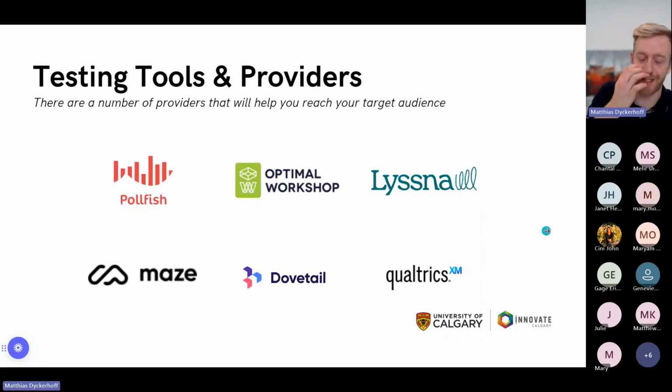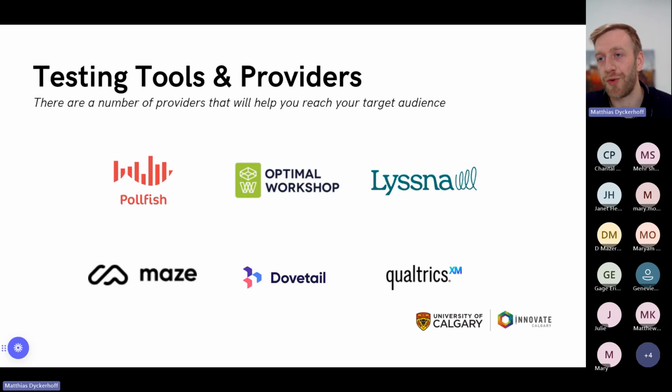For tools, I just listed some that I've used. There are a lot of modern day tools out there that can help you perform research, especially if you're building a technical product. Pollfish is a survey tool that I've used. They let you send out surveys, and you pay per user that finishes the survey. And they have a lot of really strong filters. You can do global studies, you can do local studies, you can look for specific job titles, whatever. So that's a really great resource for doing surveys at scale.